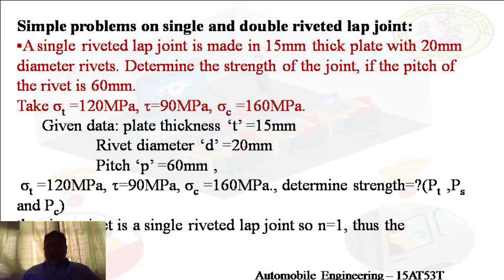If it is a single cover, it is a single shear. If it is a double cover, then we have to think about double shear, where the equation changes. While calculating the shear strength, the equation is multiplied by twice in double shear, but in single shear it remains